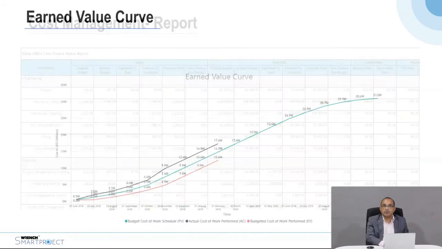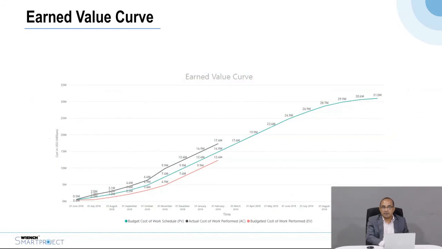And also you can get your earned value curve based on the actual work done in terms of the cash flow, so that you have absolute control of your cash flow as well. So this is extremely useful in an engineering business, because the cost of resources is the highest, and hence monitoring the cash flow becomes extremely critical for the survival of the business.